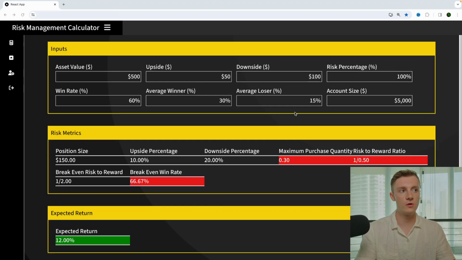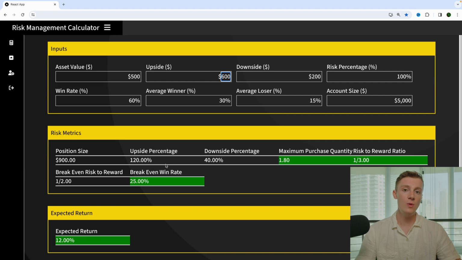Well, it essentially means that if you are trading a specific risk to reward, based off of that break-even win rate presented, you will have to maintain at or above that percentage win rate in order to be profitable. So, for example, again, using downside and upside, not in percentage, in dollars, we're able to see that trading, say, a 3R or a 1 to 3, risking 200 to make 600, our break-even win rate is 25%,